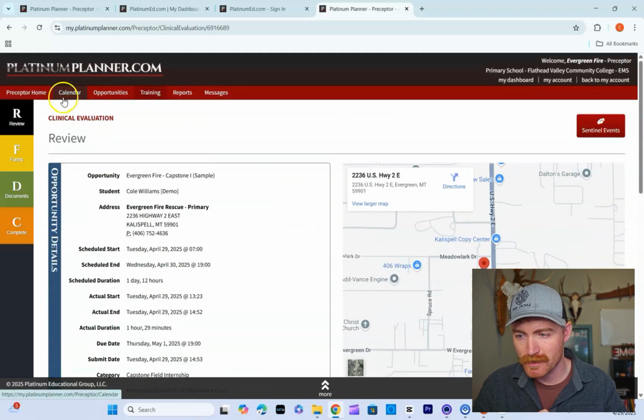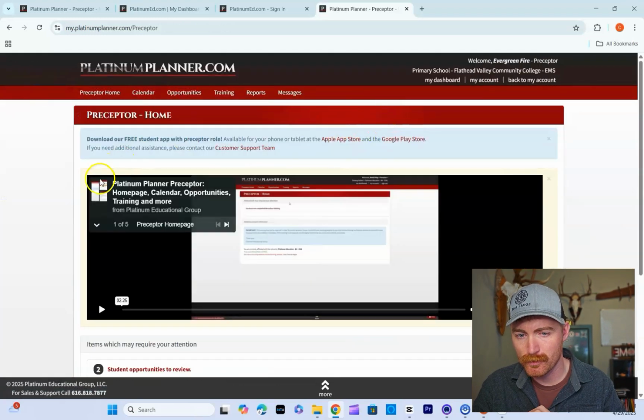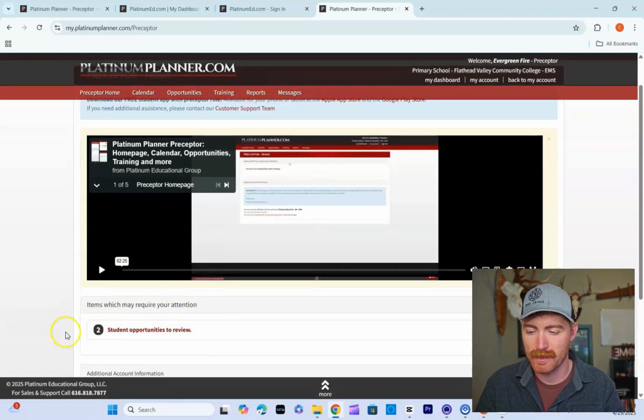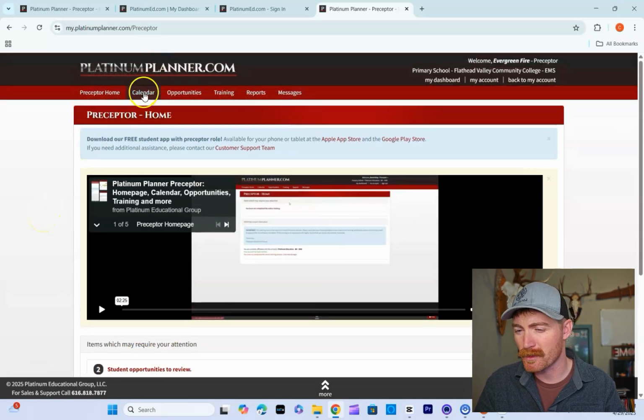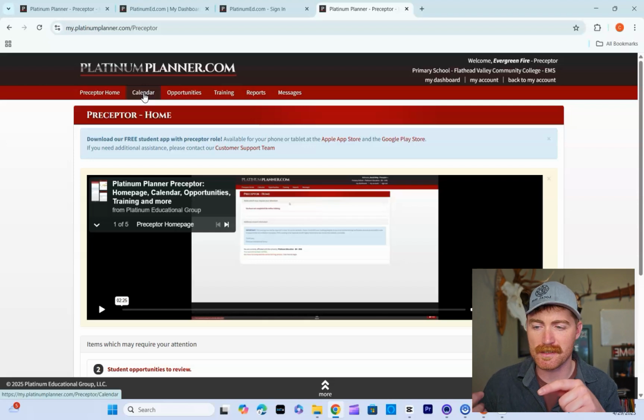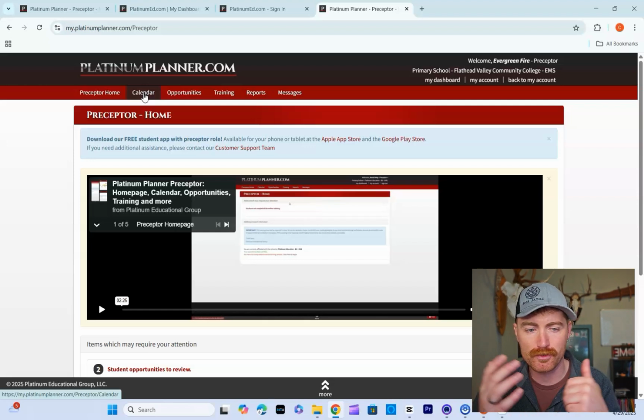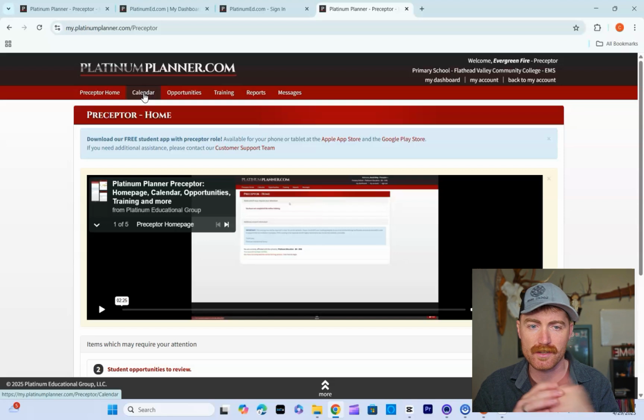Once you do get logged in, you will be taken to this preceptor dashboard. Really not going to use much aside from this down here, the button that says student opportunities to review. The only other thing that might be useful to you guys is this calendar button at the top. If you want to see what students are scheduled for your agency, you can hit calendar and it'll show you the students that are scheduled in the future for